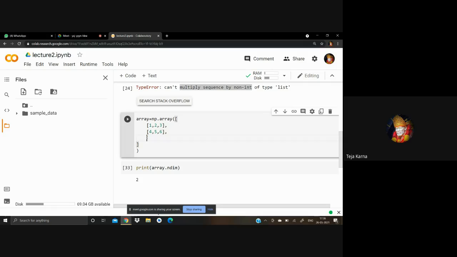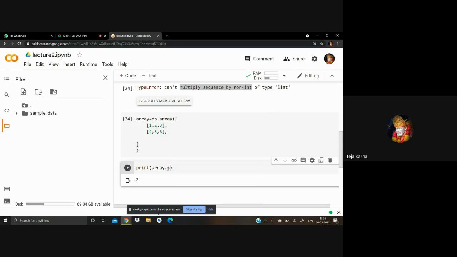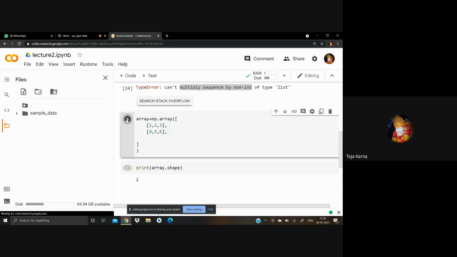There's one more thing. If you want to find the shape of an array, you can do that. The shape shows how many arrays you have and how many elements are present in each array.